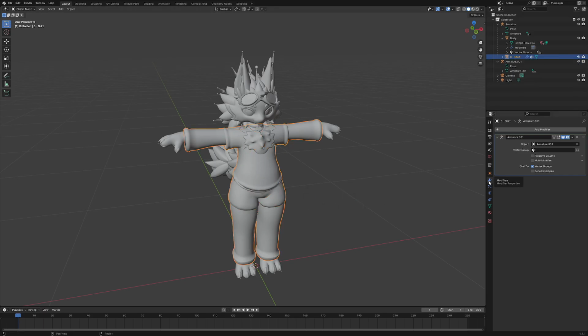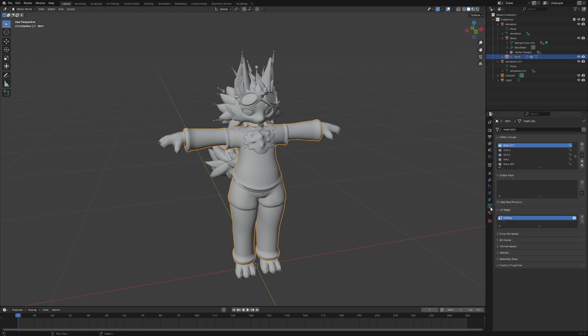Now you're going to want to be on this Modifiers tab and select Object and change it to Armature. Now it should be matching your avatar armature and move alongside it. Now go down to this green Object Data Properties tab, click Add UV Map, and I'm going to name it something like UV Discard. Now go up to UV Editing,